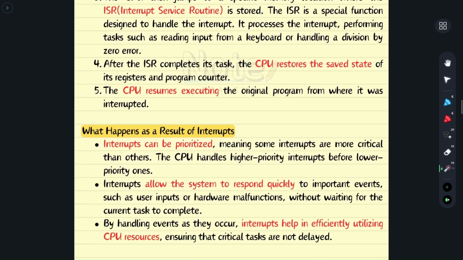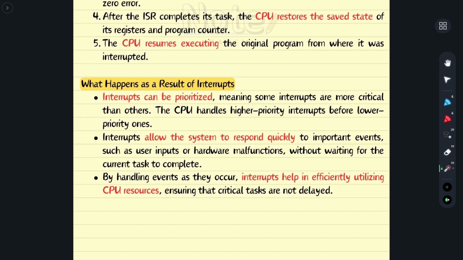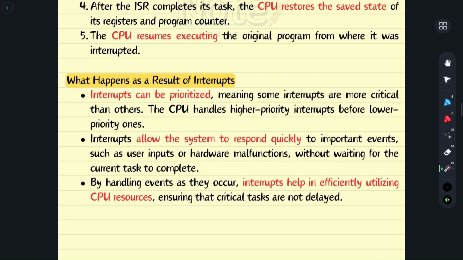So let's move on to what happens as a result of interrupts. First of all, interrupts can be prioritized. Let's just suppose that we are performing a few different tasks at a time. If we are typing something on the screen, and also recording something on the screen, and we are also listening to something at the same time, but at the same time we get a